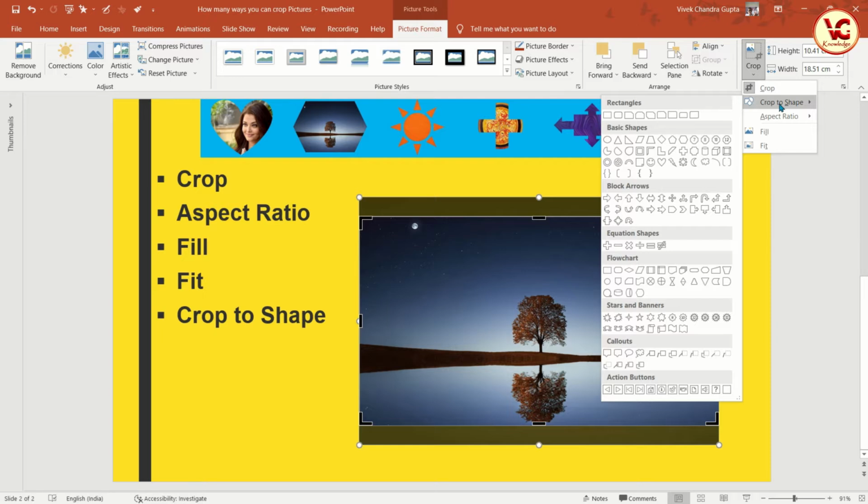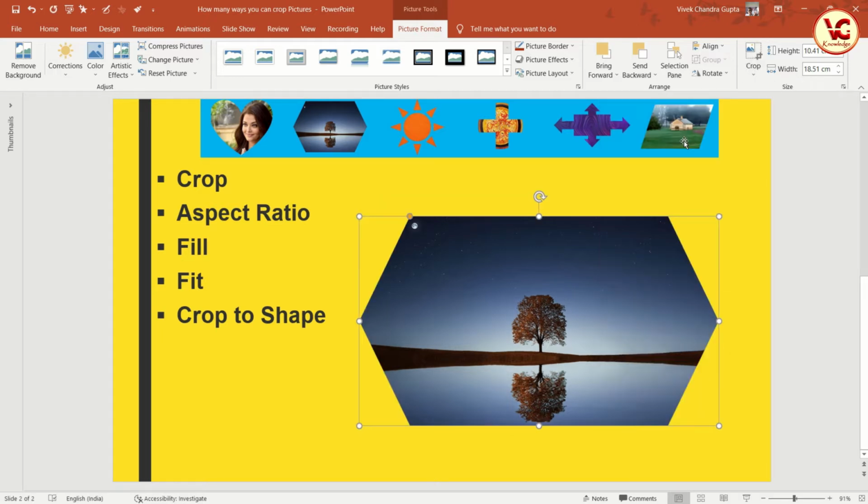These are the basic shapes. There are different options available: rectangles, basic shapes, block arrows, equation shapes, stars, banners, callouts, right? So we have to see which shape we want. Let's say if I want a hexagon, here we have a hexagon, right? So we have selected it. Now we can see we can achieve this.